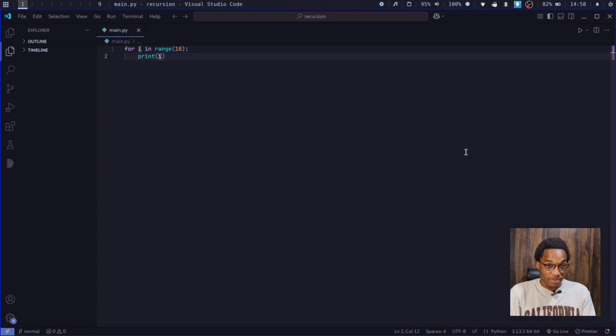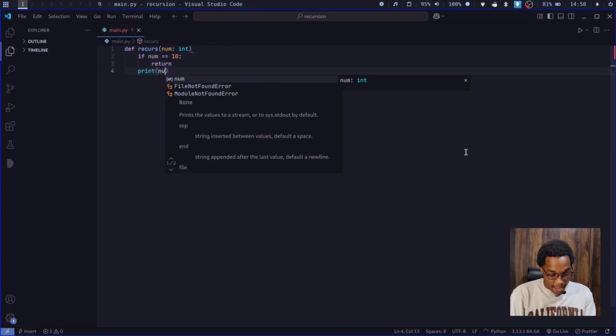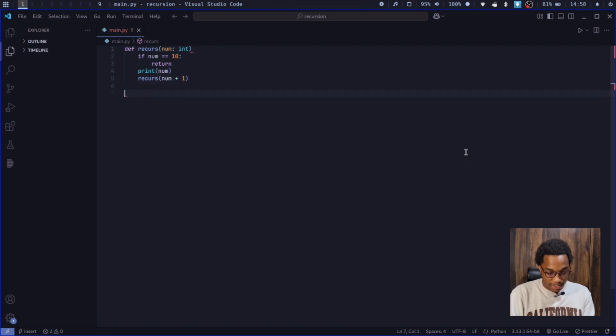So what I'm going to do now is rewrite it using recursive function calls. I'm going to first define the function recurse that takes a parameter num of type int. Inside the function, if num equals 10, then return. Else we're going to print the num and call recurse again with the value of num plus 1. And let's call the function recurse